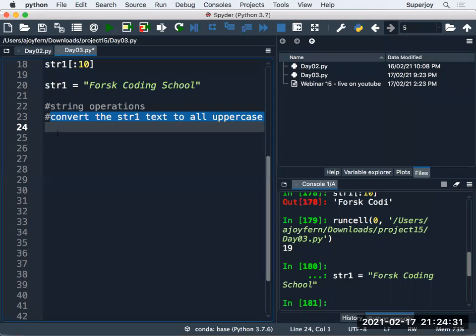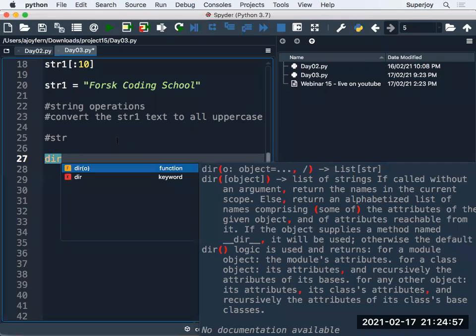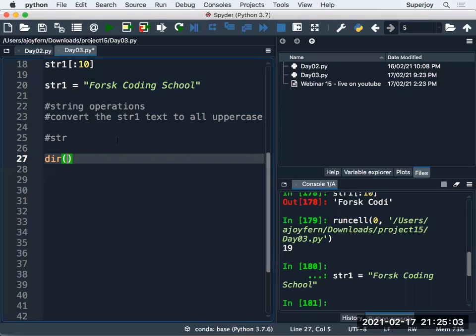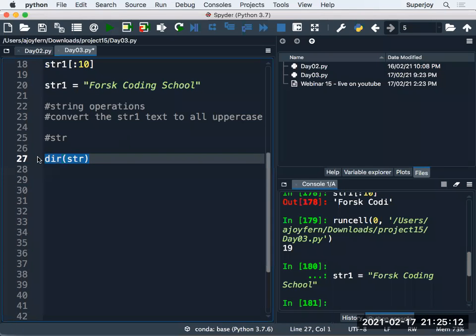Guys, our data type is str. Can I know what methods I can use for str? Yes, we can find that out. For knowing the list of methods that you can apply on strings, there is a command with the name dir. Listen carefully. To dir, if you give the data type, which as of now is str, and execute this statement, let's see what we get in the output.